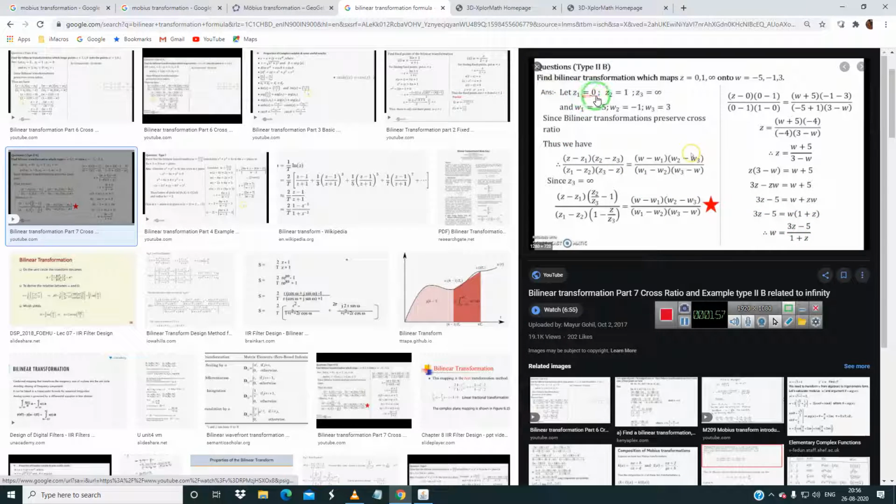So when you have z1, z2, z3 and w1, w2 and w3, these are all equations. When you plot it, you will get this 3z minus 5 over 1 plus z.